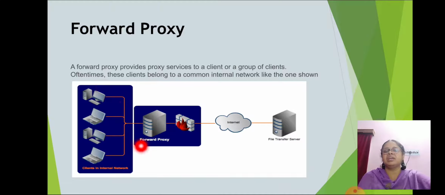This is the internal network, and this network is connected to the forward proxy server. This forward proxy server connects the internet with this internal network, and then the file transfer protocol is executed.